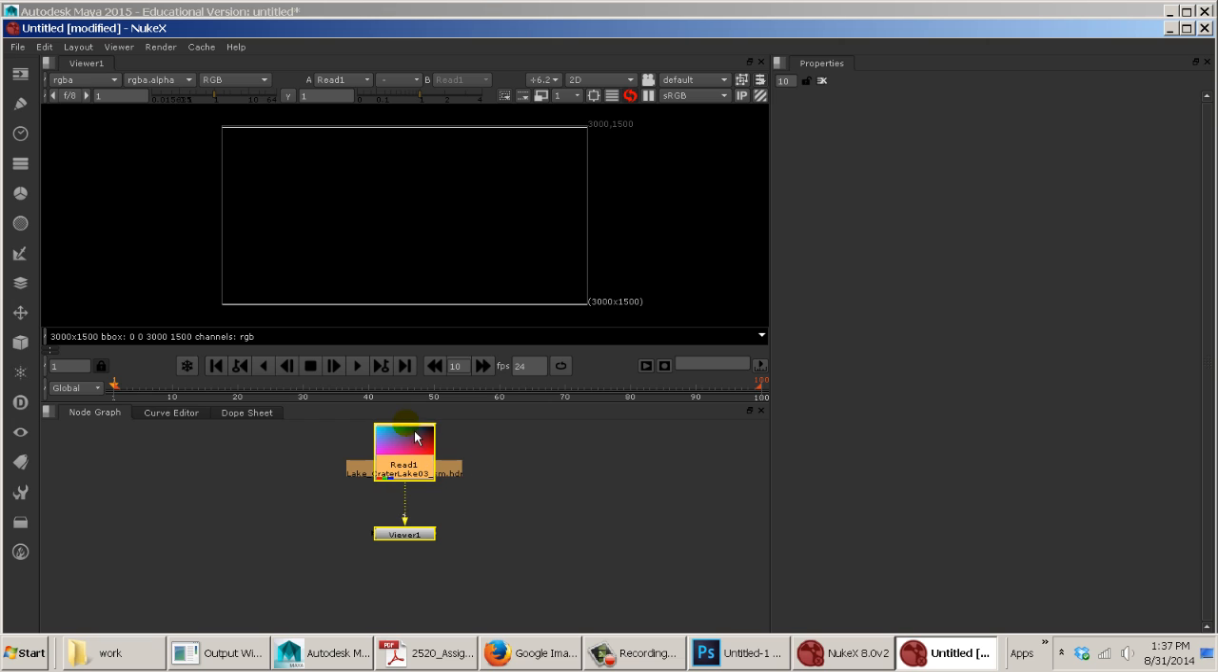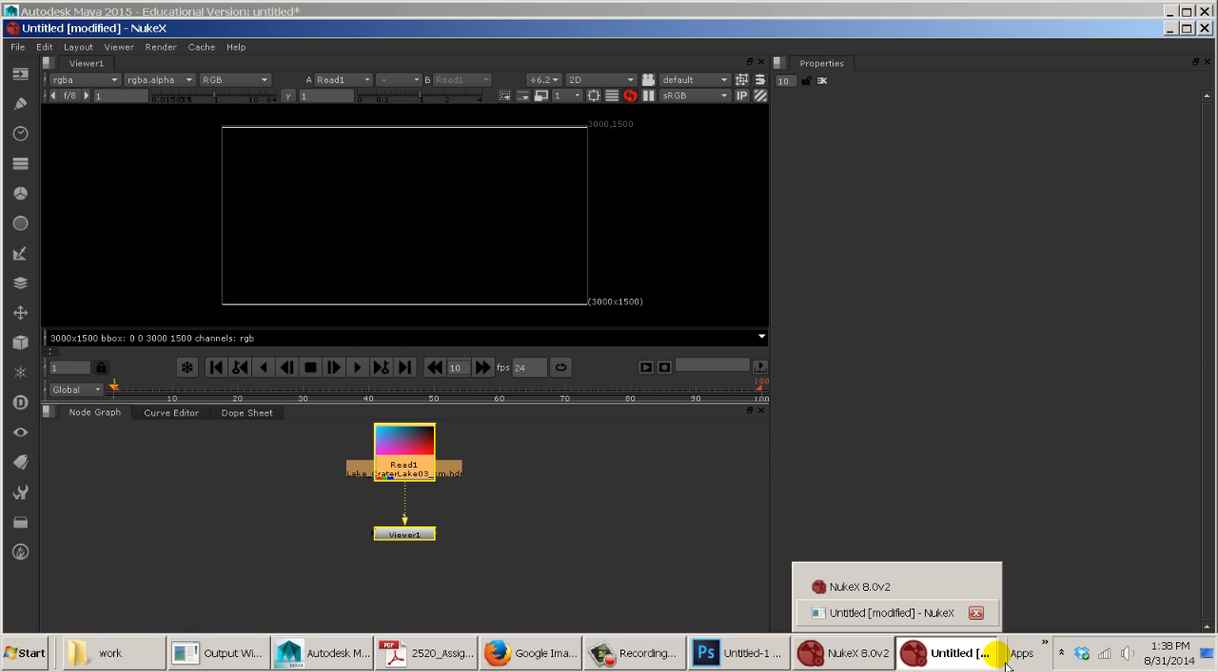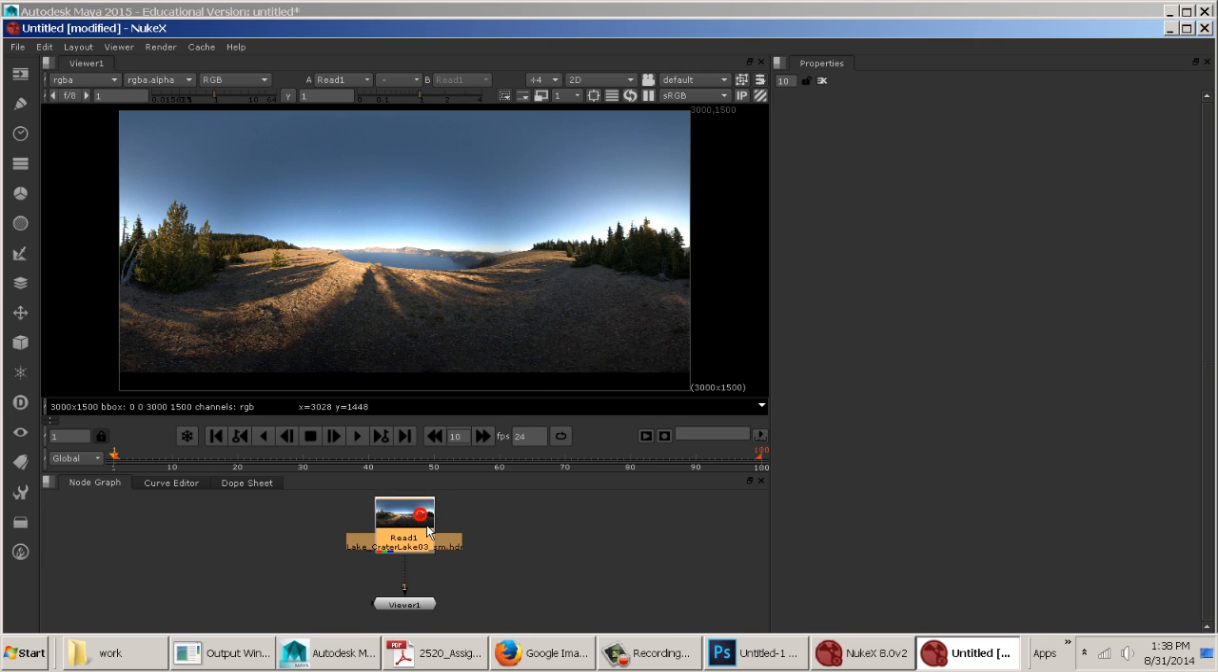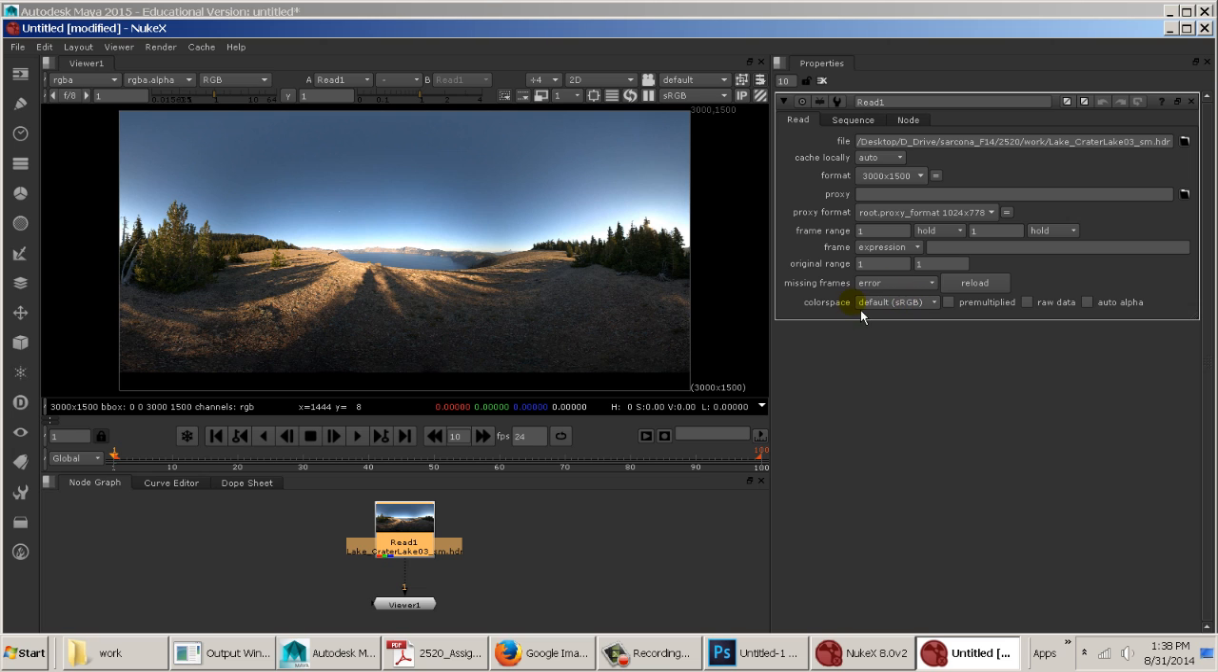There we go. We take a look at this. Okay, so there it is. It took a second to load. This is a linear image. If I double click it, right here it's reading